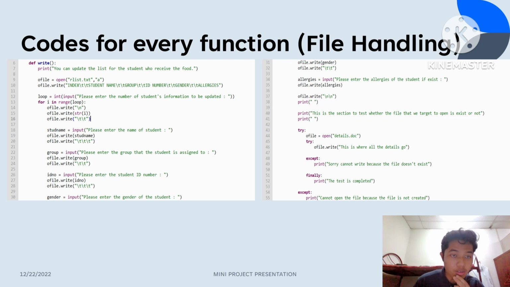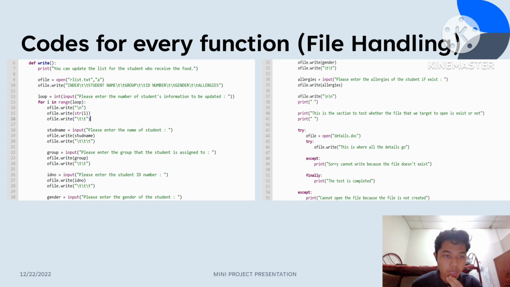We have ofile equals open rlist.txt with append mode to open the rlist.txt file, and we append to it after we input the user data. If we do the action, the file will be created, and then ofile.write writes a string of text into the targeted file,